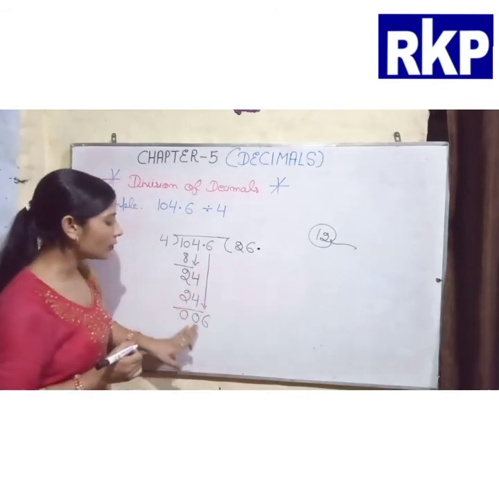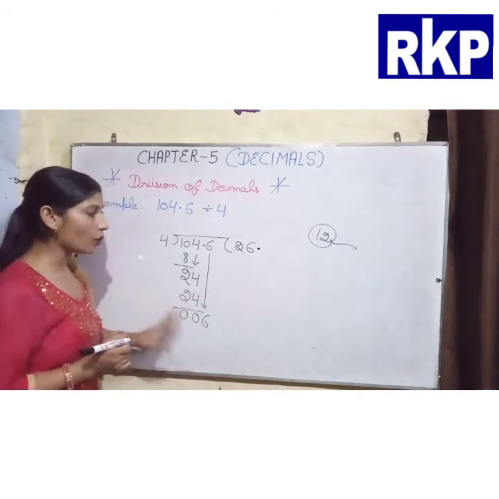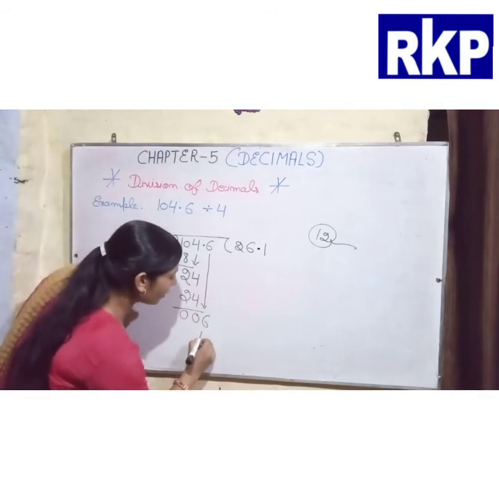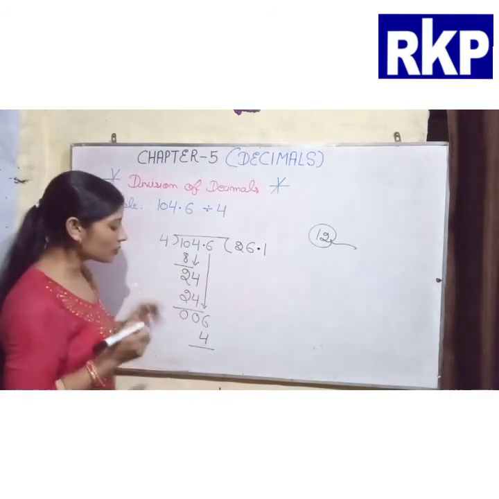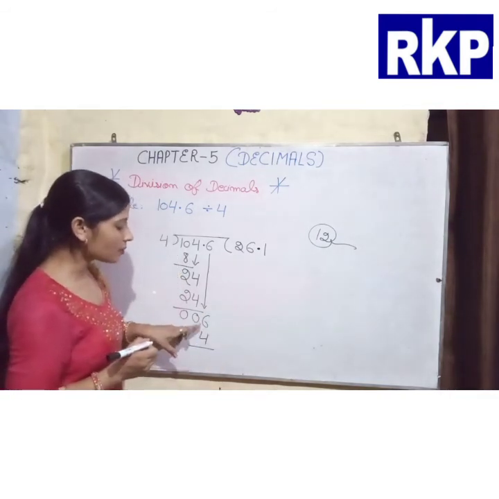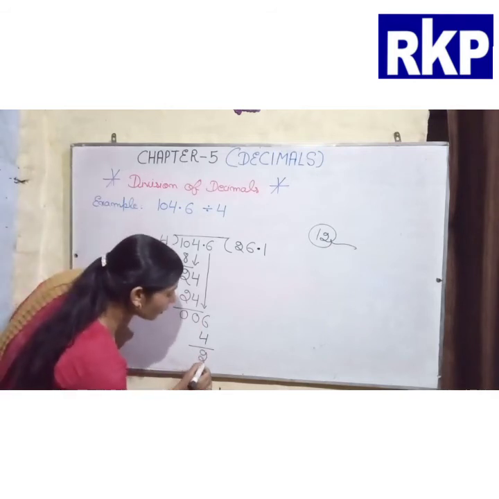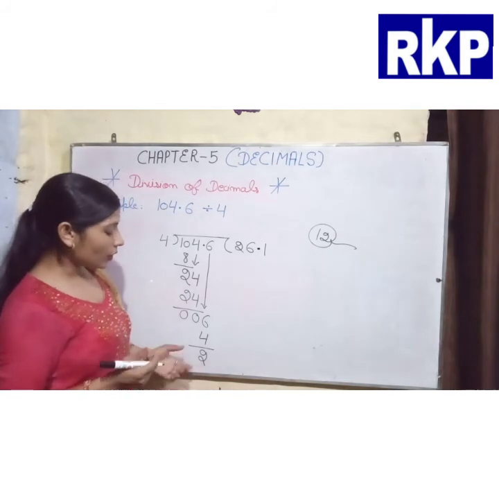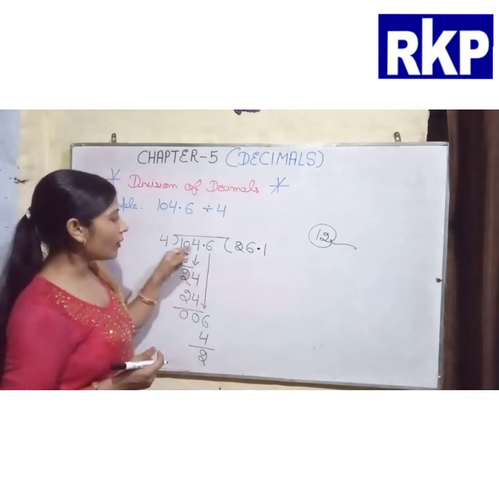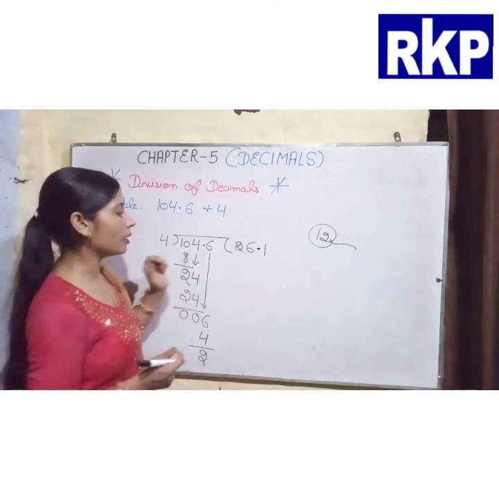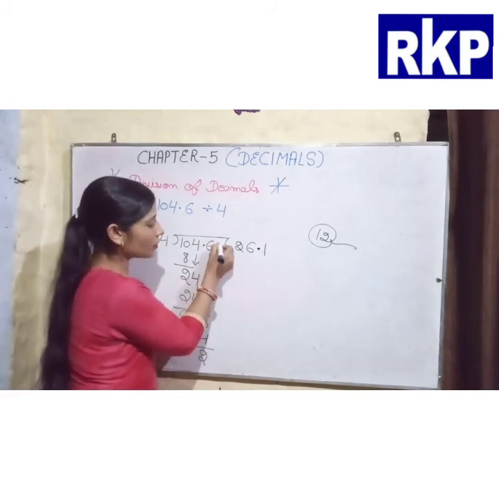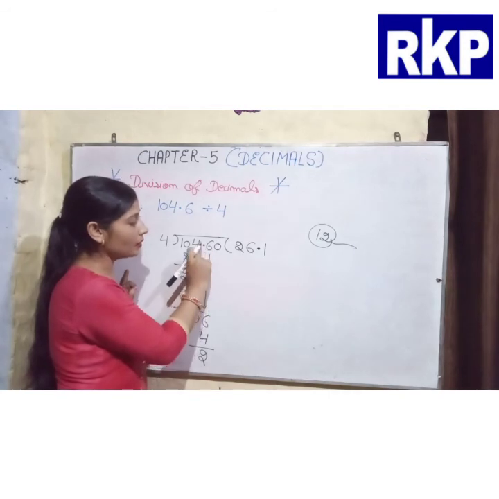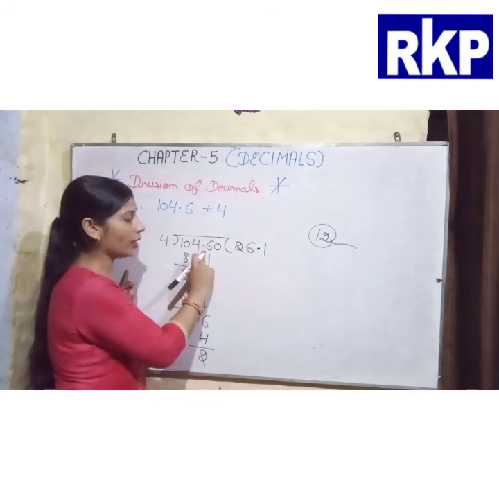And now we have to divide 6 by 4. 4 ones are 4, so here we write 1 and here 4. Now we have to subtract 4 from 6. 6 minus 4 will be 2. Now 2 is the remainder. So we know here we have a decimal number, so we can put 0 after the last digit, which is after the decimal point.